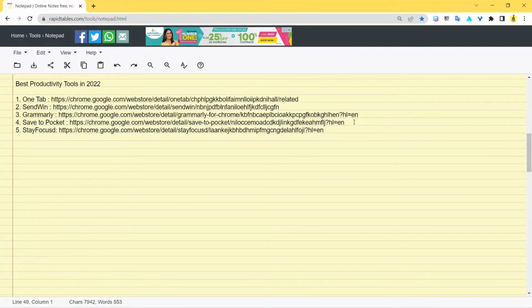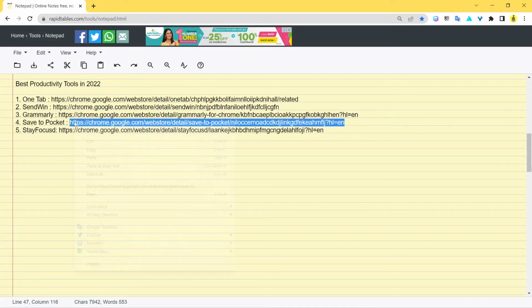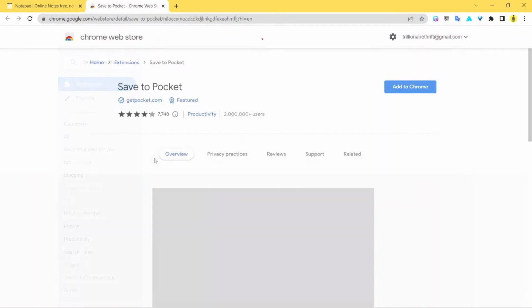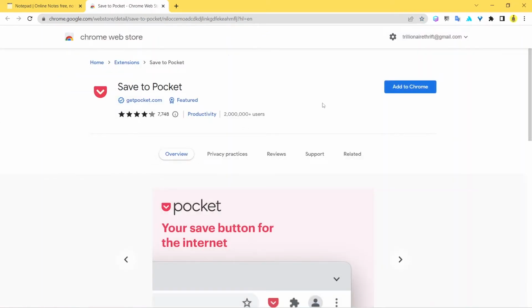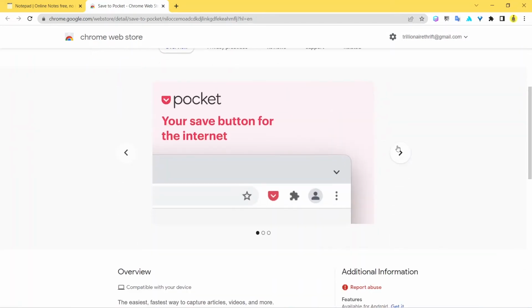The next extension on my list is called Save to Pocket. This is another very cool extension that you might definitely like to know about. So let's check its website page. Here you have it, the website page for Save to Pocket has loaded, and let me tell you what Save